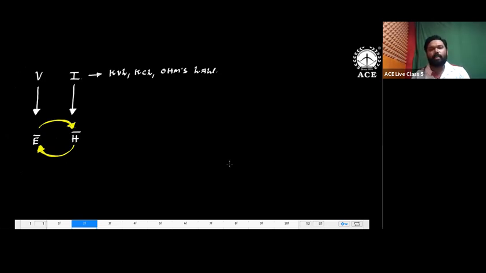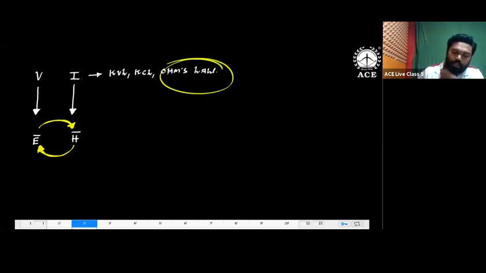I'll repeat again. What is the relation between voltage and current is given by? The relation between voltage and current is given by what is called Ohm's law. Okay, fine. So here,